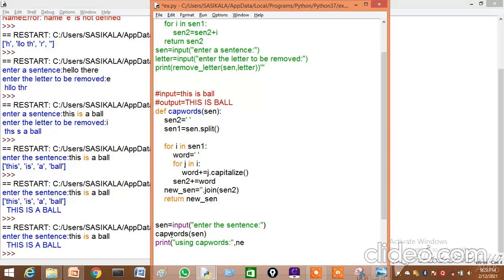So using cap words, what will be our output? Okay, then print statement using uppercase method, comma, what I should do? sen dot upper.